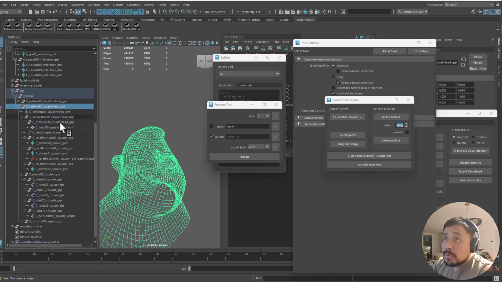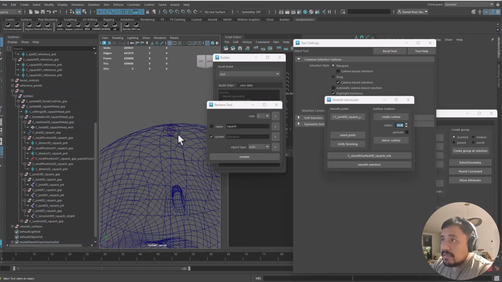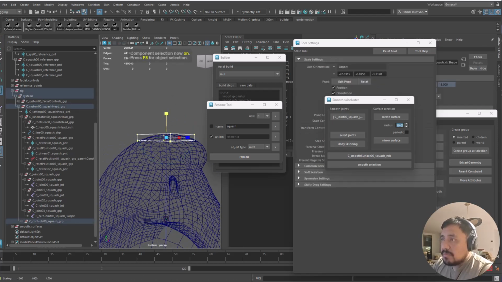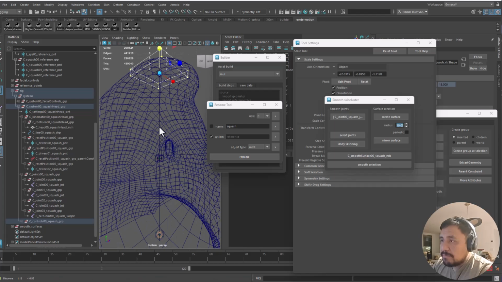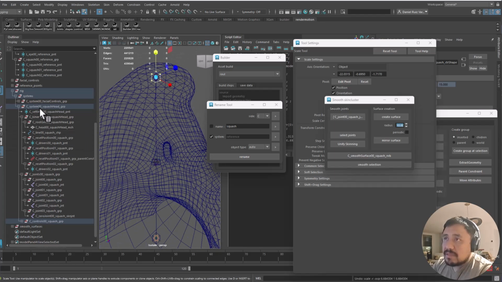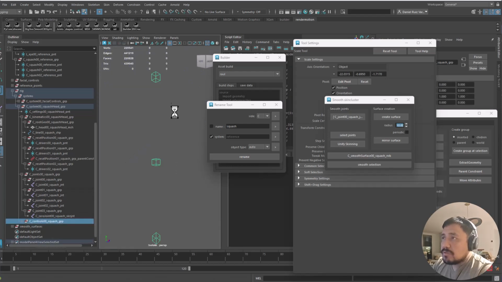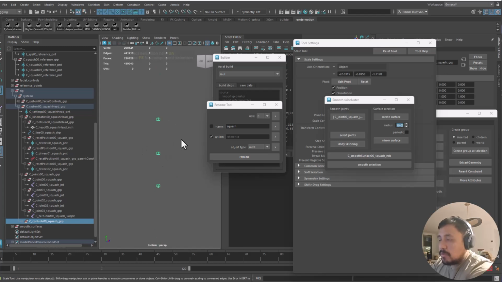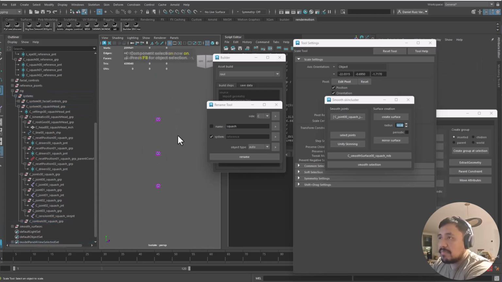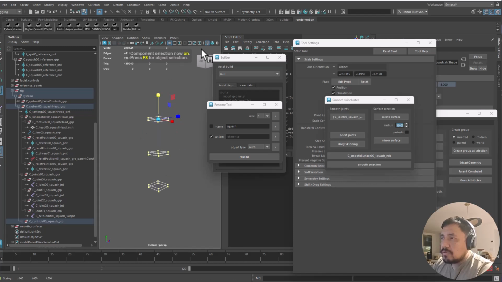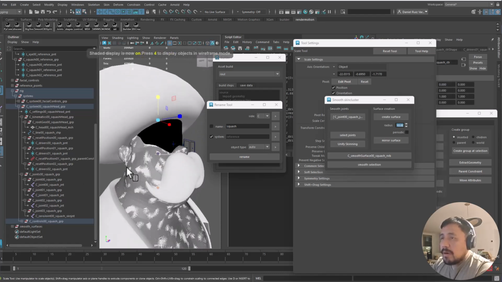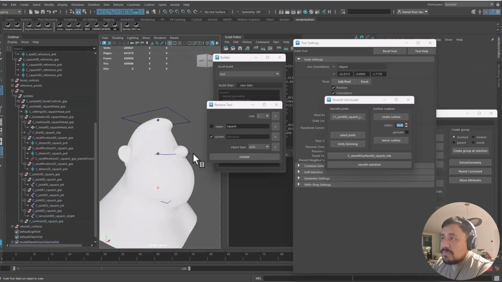What does this do? Look, you can select here the controls, which are these squares. Let me make them a little bit bigger. Actually, let me modify all of them at the same time. So I have my controls. I'm going to press F8, select them, F8. I have my controls. I'm just going to make them bigger and flatten them. And there you go. And these controls are going to be part of the facial, which means that now, look,